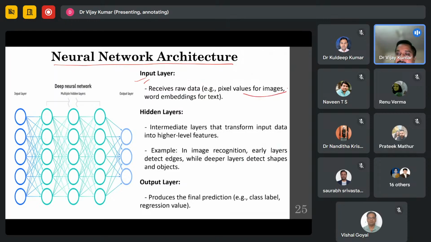And when we go for the image, in that case, pixel values will be taken, and we'll go for computer vision. Next is the hidden layer. These hidden layers play a vital role in recognition. It means these intermediate layers transform your input data into high-level